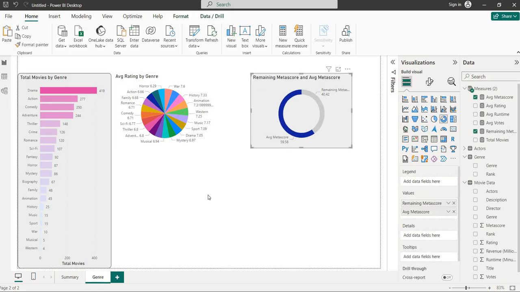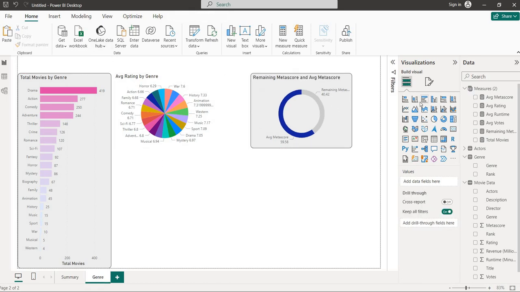Okay. Now what we will do? We will take some more analysis, and we will compare the titles of the movies. How much average running time, average Metascore, how many votes they have got. We will do the analysis on that also.